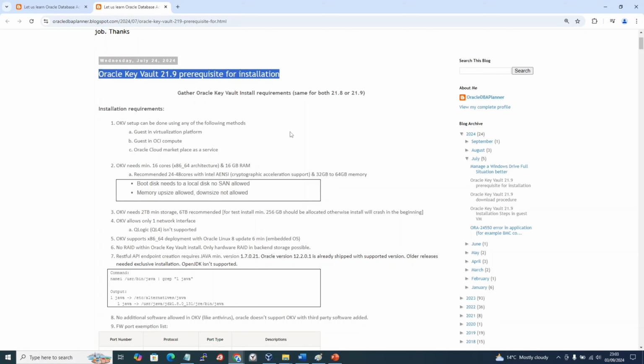So 8.6 is the version they mentioned for 21.8, but 21.9 also. I was thinking 8.6, but 8.7 they get delivered, but they never updated the document. Oracle no RAID configuration with Oracle Key Vault installation and RESTful API needs a Java version, but I think